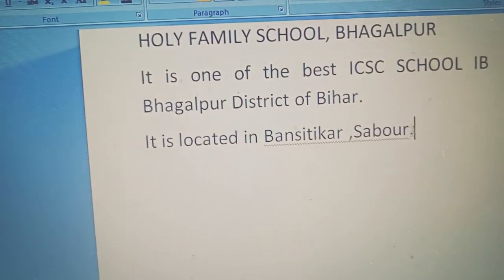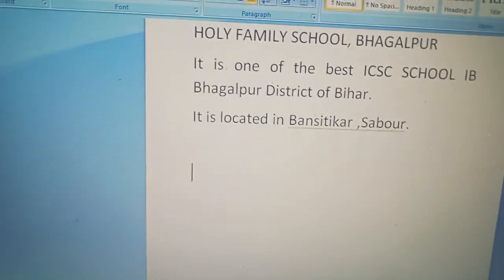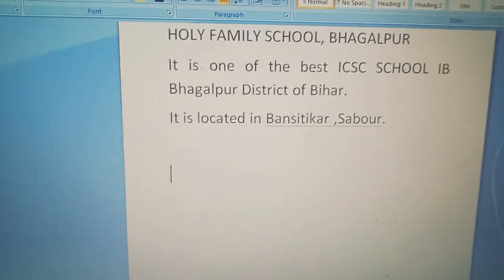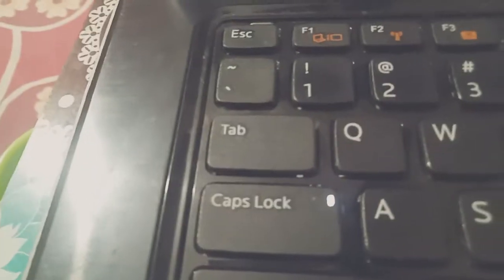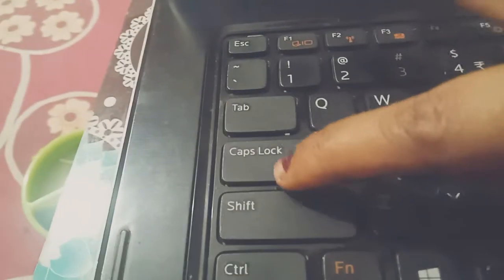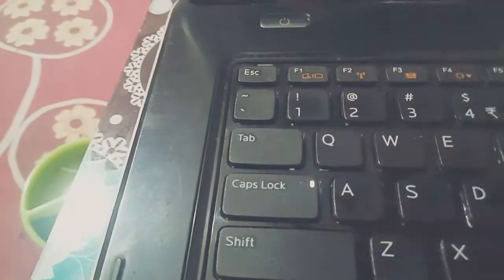Let us do a practical and see. I am just pressing the Enter key and our cursor is on a new line. Now I am writing here H2O. Let's press the Caps Lock key. You know the use of the Caps Lock key. As soon as you press it, you can see the light glows. Now whatever text you type with this keyboard will be typed in capital letters. Let us type H2O. We know H2O is the formula of water. Everyone knows in chemistry the formula of water is H2O, and then we know the position of 2.